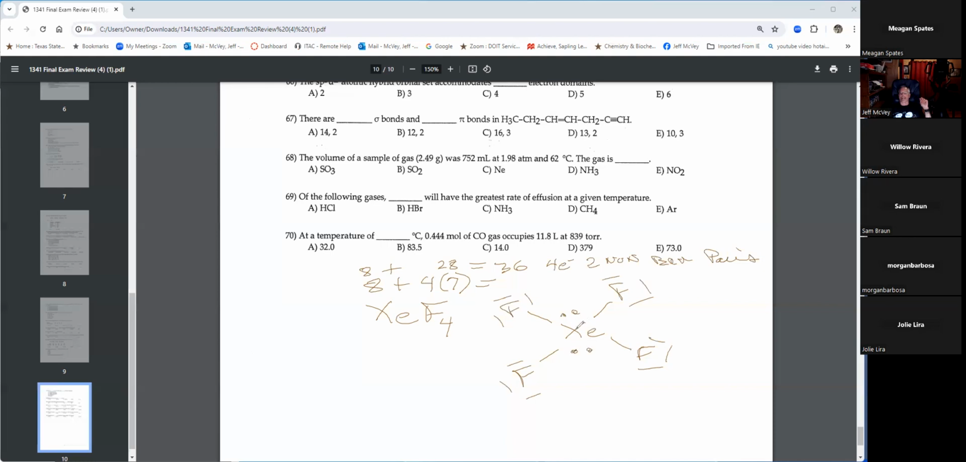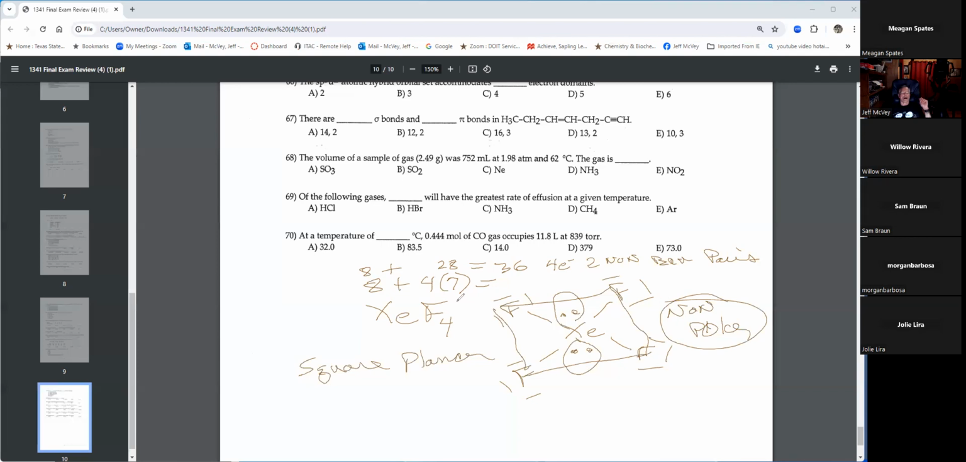Okay, so you're going to have a pair here and a pair here. They'll be completely on opposite sides of xenon. This is a non-polar molecule. And the geometry is a square, but they're all in the same plane. So we call this square planar. Okay, and it is